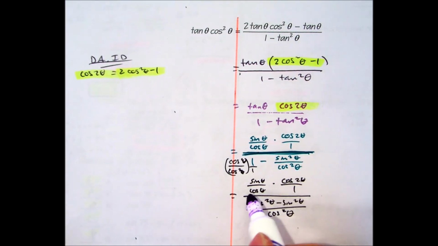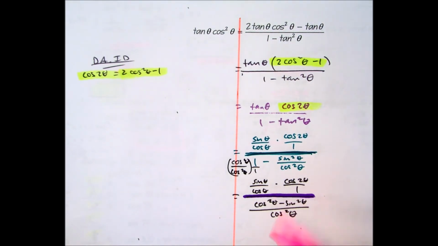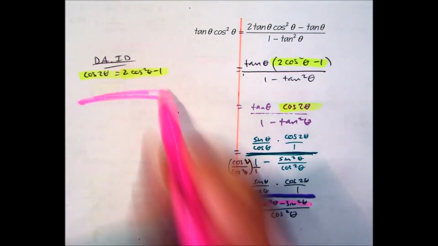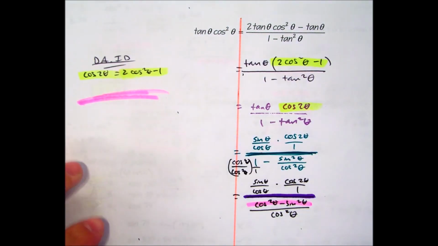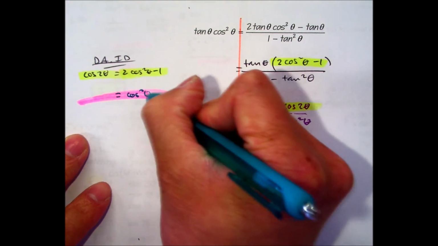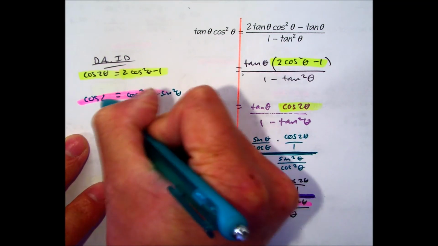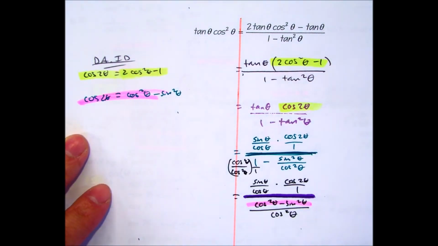Too many fractions, so I'm going to make this one my purple one. And then over here, I notice that cosine squared theta minus sine squared theta is which identity? The other double angle identity for cosine. So now I'm going to have